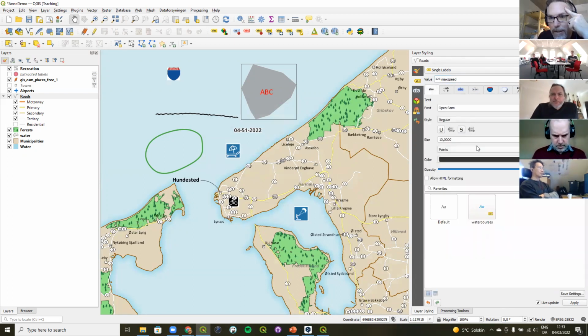And now I'm starting to get little highway shields. I chose speed limit, so this is not a great use case,